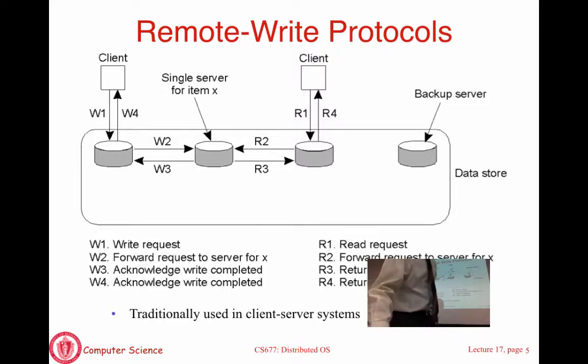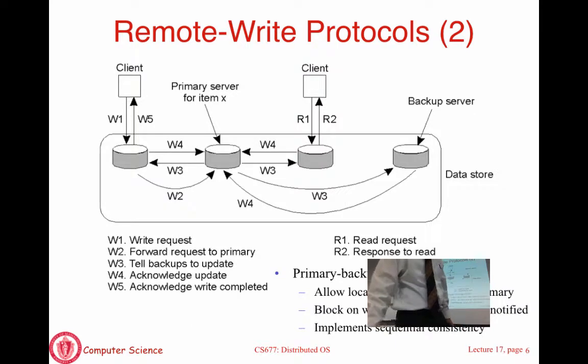Okay, so when we look at distributed file systems, we are going to look at this approach first, where there is going to be a master server and there will be replicas. Okay, and then if you make a change to a file, you have to always send it to the master first, and then the master can either send those changes to the replicas or send invalidates to the replicas.